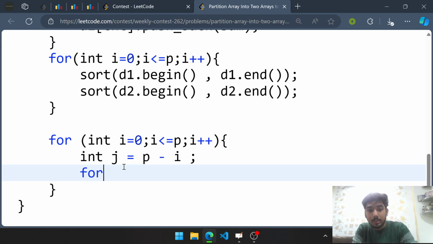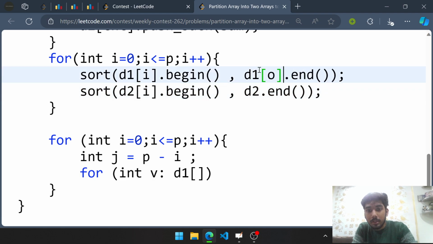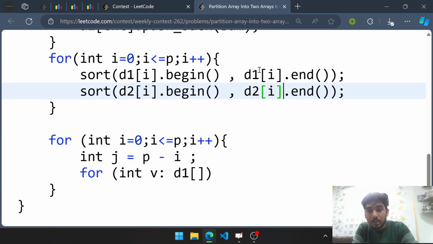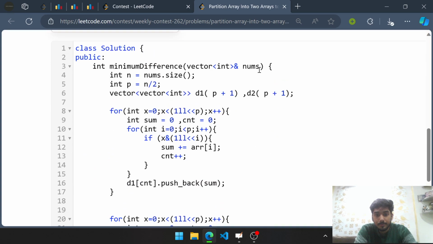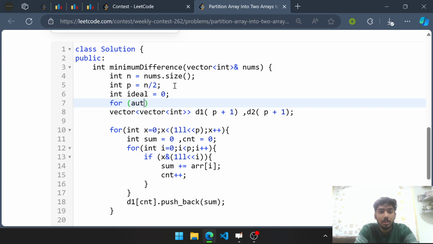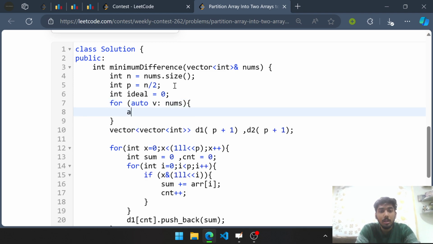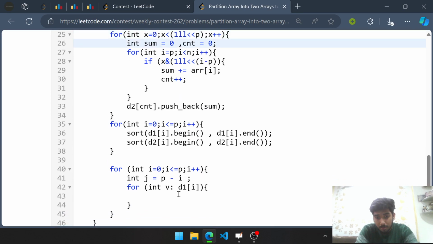Now for i, I will go into for (int v : d1 of i), d1 of i में जाऊंगा मैं, I will be getting a sum, right? तो आइडियल केस सिनेरियो क्या है मेरा? ideal equals to 0; for auto v: nums, ideal plus equals to v, ideal divided by equals to this is my ideal case scenario where each of them get